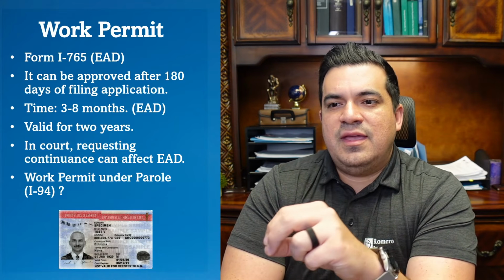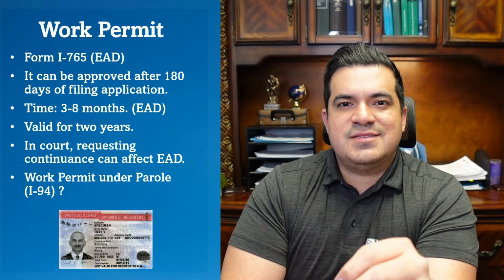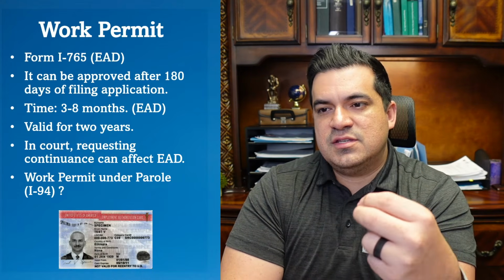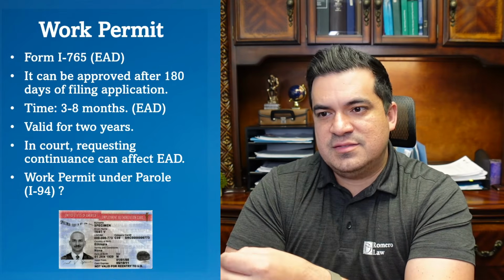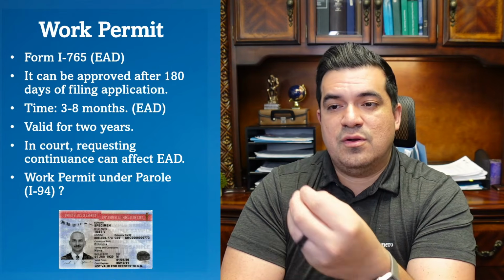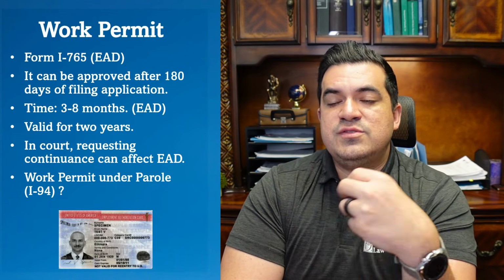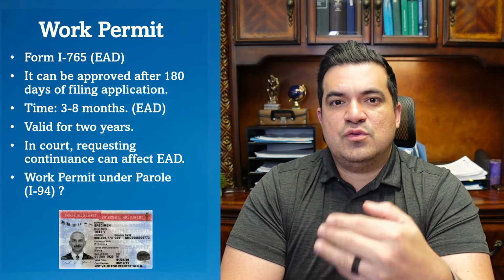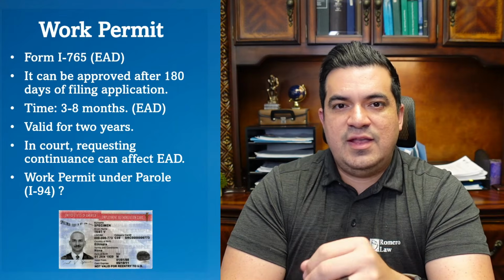And once you file an application for a work permit, it can take anywhere from 3 to 8 months for it to be approved. So just know that at minimum it can be 6 months, it can be more than that before you get your work authorization document. Once you get that work permit, usually you will be able to get your social security number from another agency.